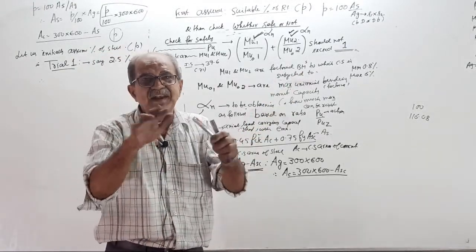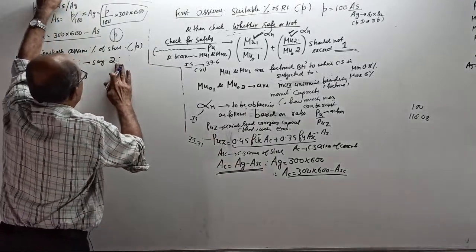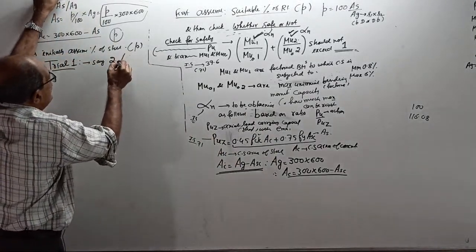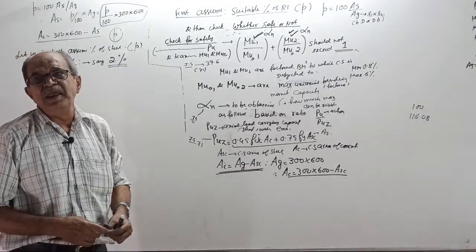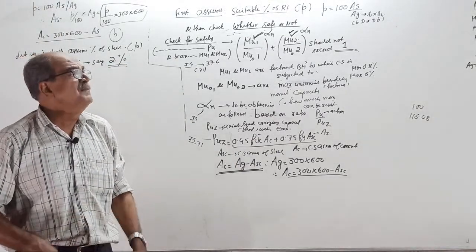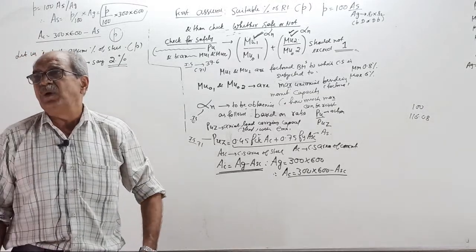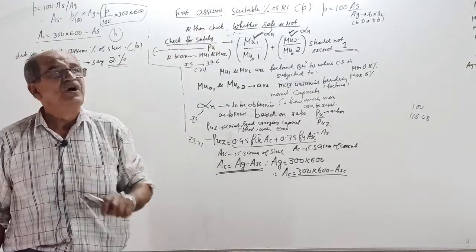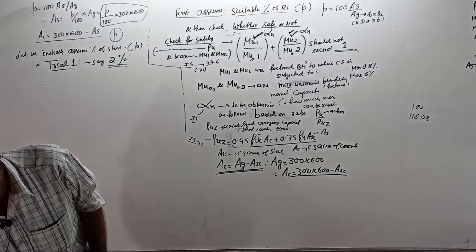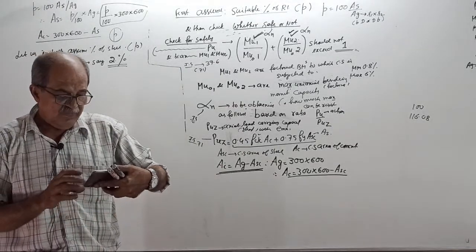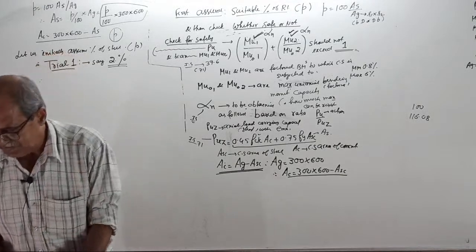I want difficulty. So I will take, sorry, I am superseding you, I will take 2%. No hard feeling? Tell me. When you take P by FCK as 2.5, it will become 0.1, and your curve becomes easier for you. In the class, it should not be easy. So no hard feeling? Okay, 2%. Now,